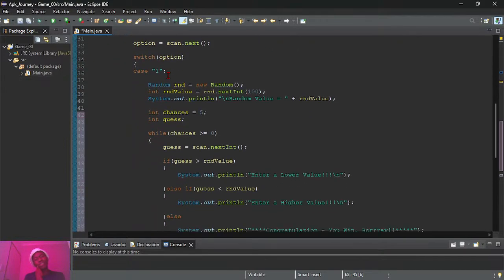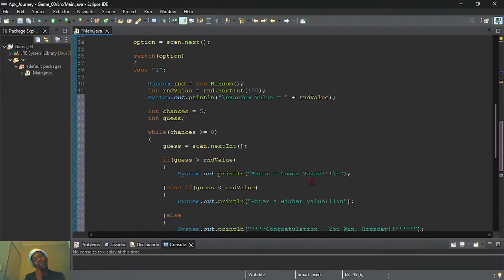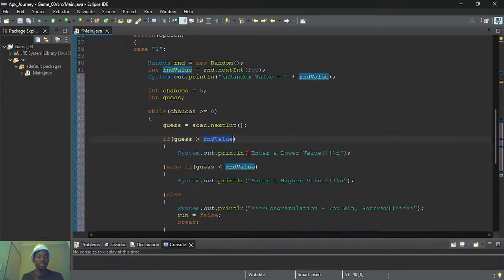Am I supposed to tell the user to enter a lower number, or to tell the user that the number he or she entered is greater than the generated one, meaning the user should enter a lower number? It doesn't matter. Let's just run this and see what's happening.